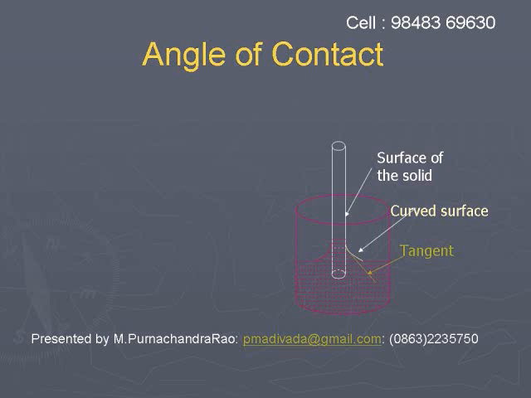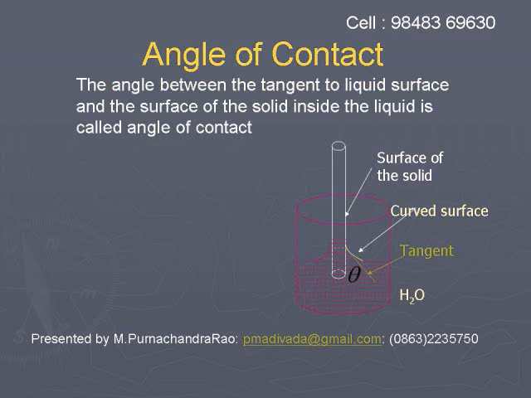The water column rises along the capillary tube, thereby forming a curved surface near the surface of the glass tube. Draw a curve along the rise, a curved surface, and a tangent is drawn to this curved surface. The angle between this tangent and the surface of the solid, the surface of the capillary tube inside the liquid,